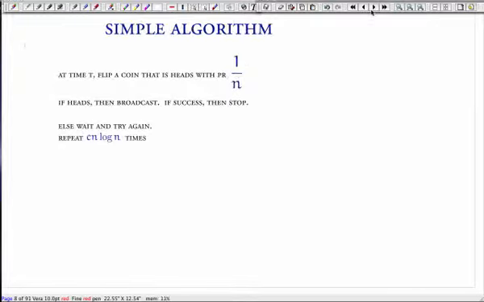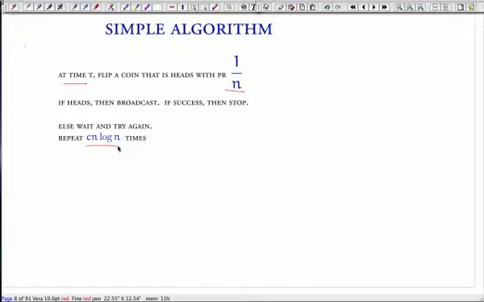And as we talked about in last class, the simple algorithm is this. At each time step, you flip a coin with some probability that's related to the number of people that are involved. So here n is some reasonable upper bound on the number of nodes that are in your network. And you just flip a coin, and with probability 1 over n, you are the one that broadcasts at that time. Otherwise, you stay silent. And you do this for essentially n log n steps. And after that, with very high probability, you and everybody else that wanted to send a message will have succeeded.